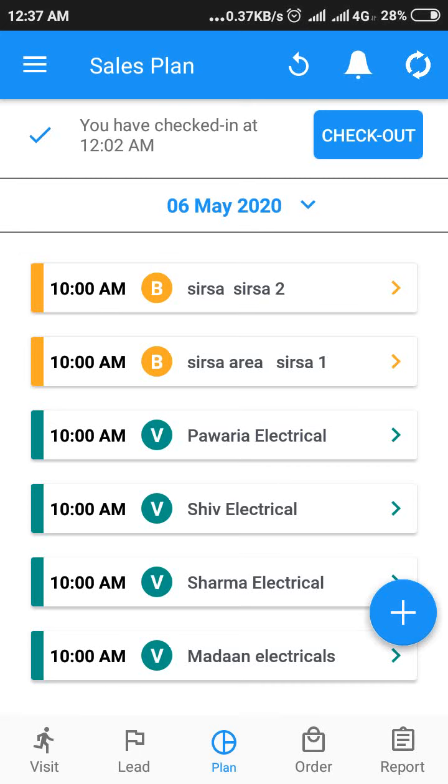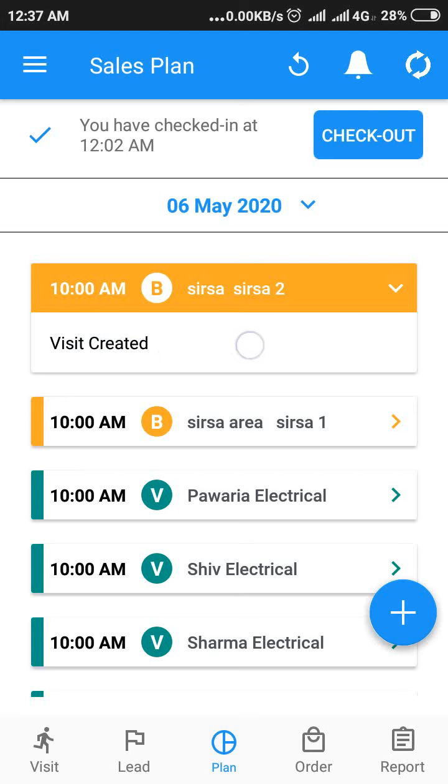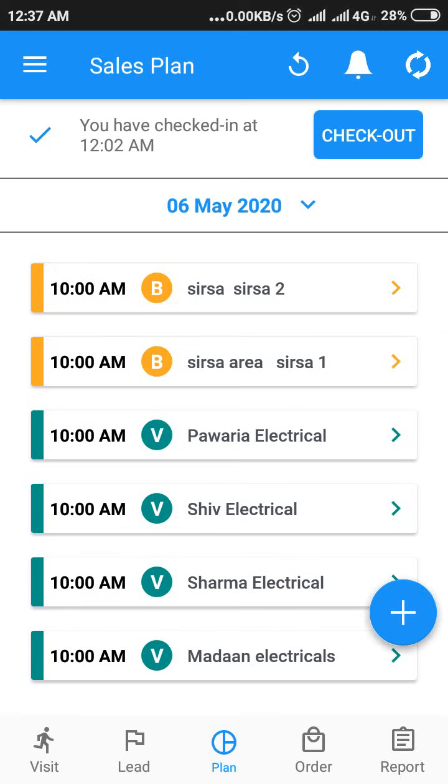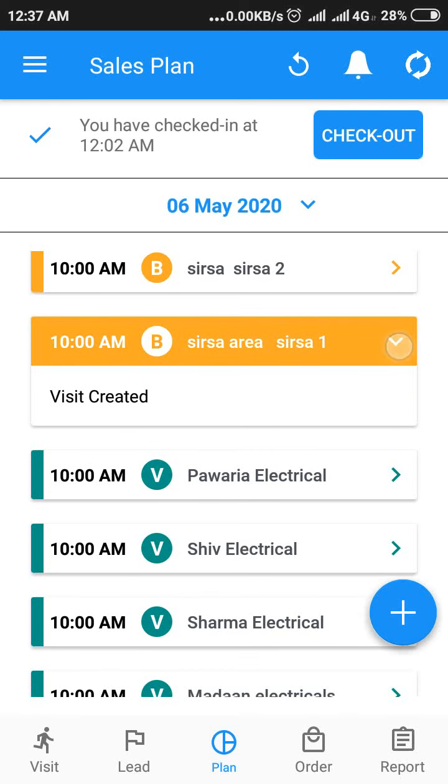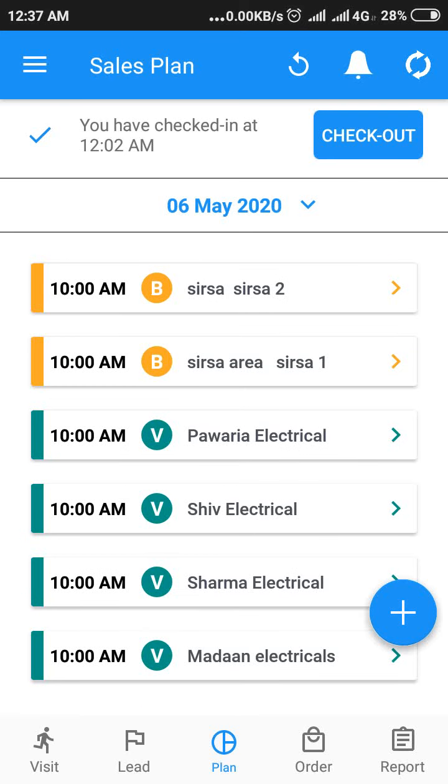So when you go to your sales plan for the day, the beat of that day will appear, the beats you have assigned for that day will appear. So for example, for today you have created beats called Sarsa 2 and Sarsa 1. So both these beats will appear in your plan for today, and for today the list of outlets which you are going to visit as a part of this beat will